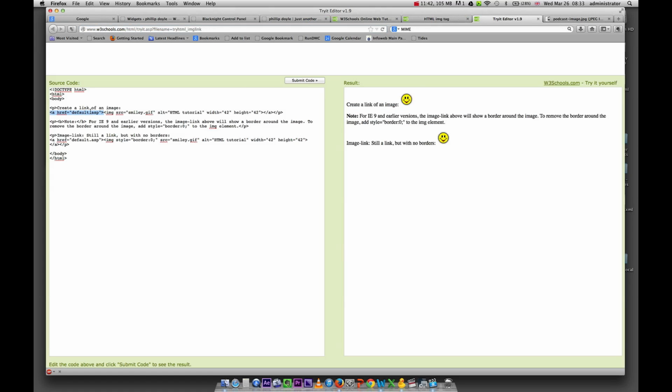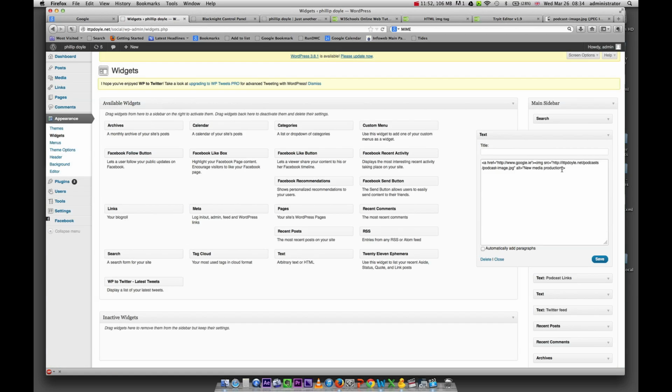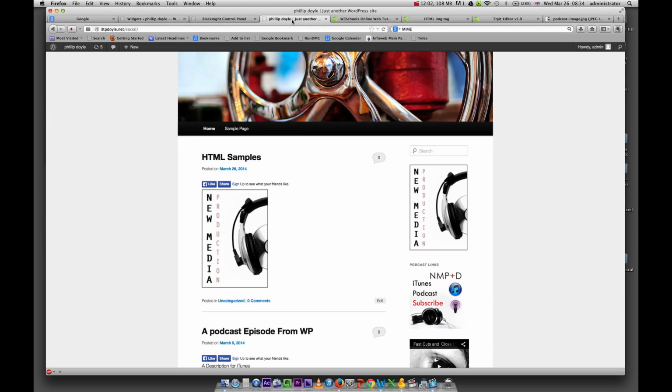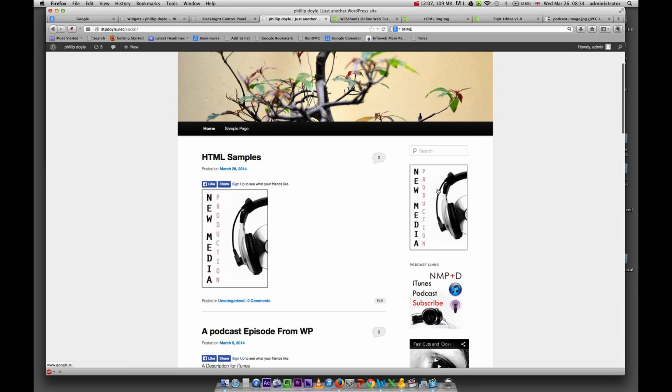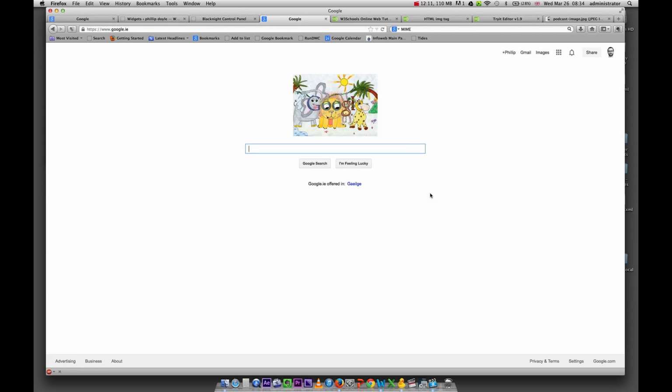All of these tags need to enclose or nest other items, so the a tag needs to close the a tag. So I'll go back in there now and just finish that off. So it's corner bracket slash a corner bracket. I'll click save, and once that's saved I'll go out and reload my page again, and now you'll see that the hand pops up and I have a link out to Google. Okay, so that's working,